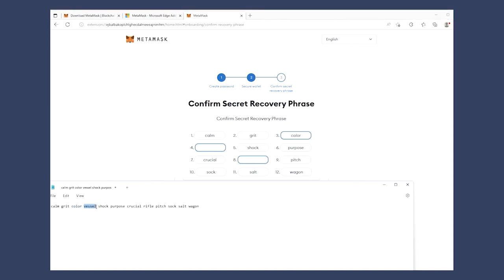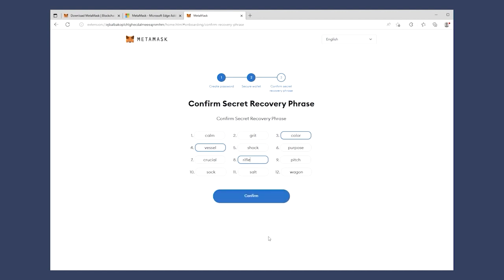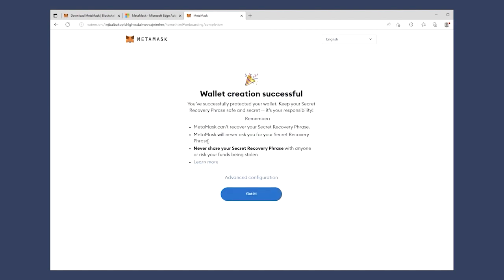Fourth word is wrestle. And the eighth word is rifle. Once I've copied in those three words, the confirm button will now be activated. I'll click confirm. You're now given a success screen that tells you that you've successfully configured or copied down